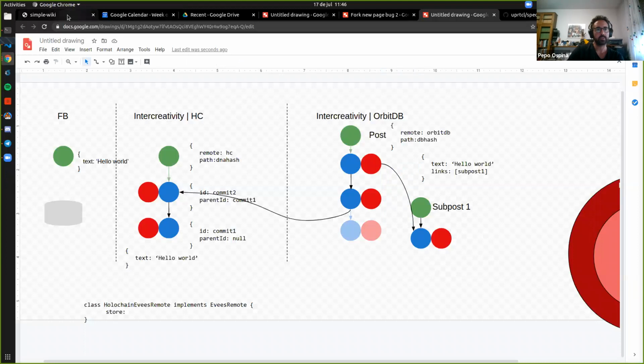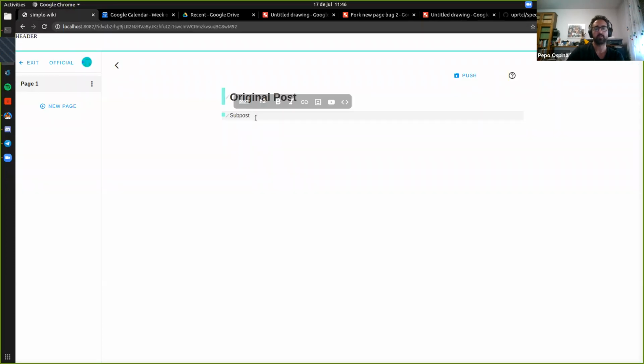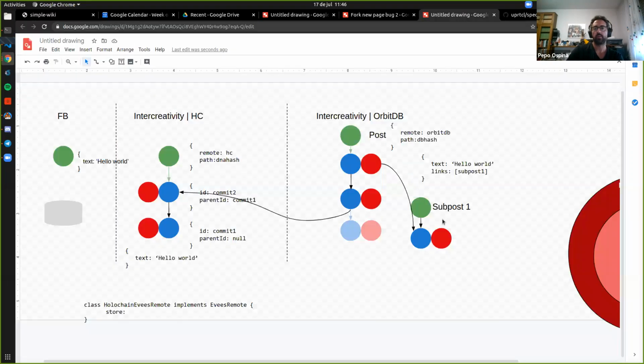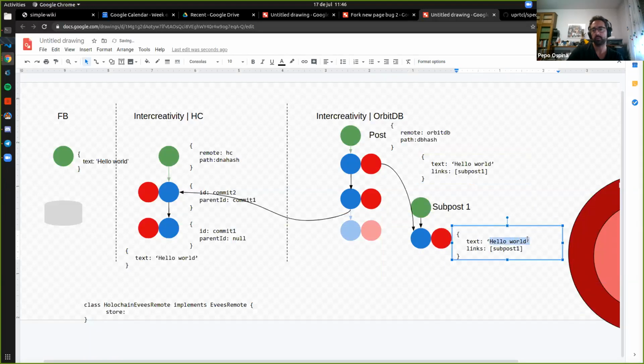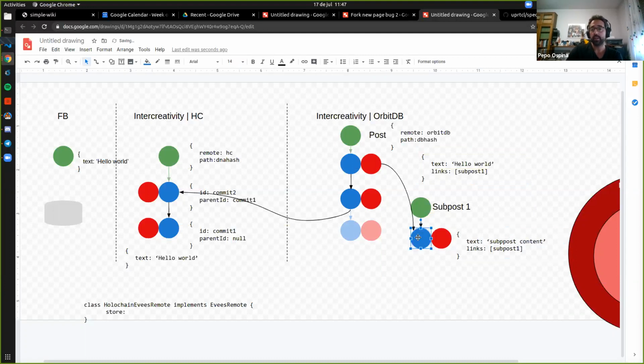Let's say this is the supposed content. If you point to a commit whose data is that content, the only difference between linking to this commit and linking to the green one is that it will never change.